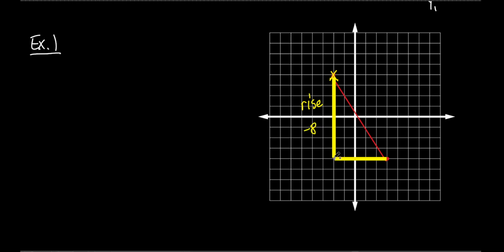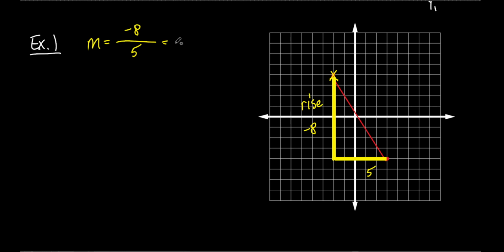Now we're here. You don't really need to put a dot there, I just filled it in. And now we got to run. We're going to go to the right. How many places? 1, 2, 3, 4, 5. That's positive 5. So what is my slope then? My slope is negative 8, which is the rise, over the run, which is positive 5. Now, when it's negative,